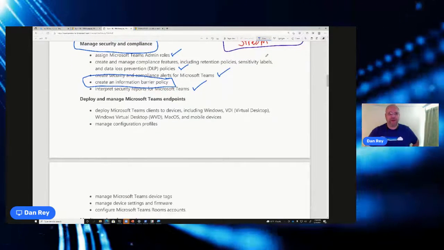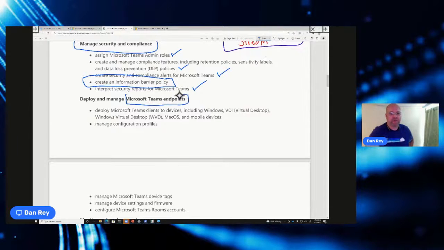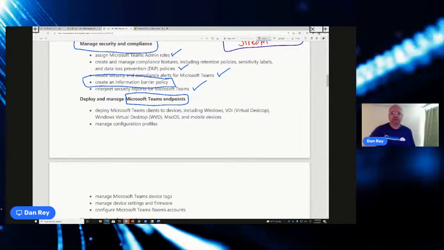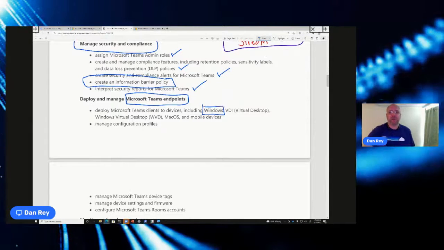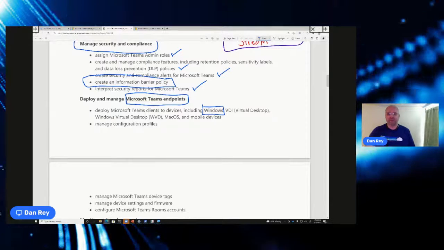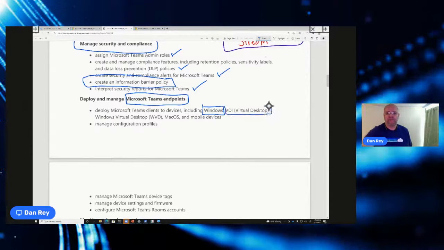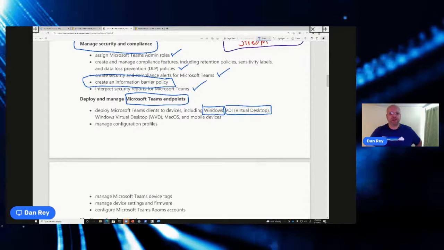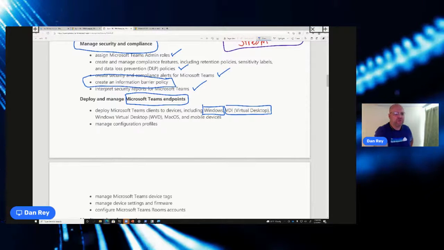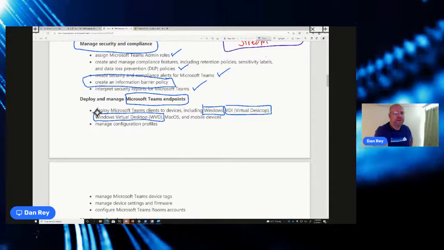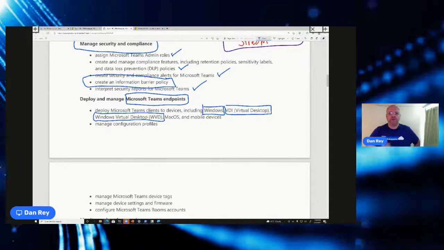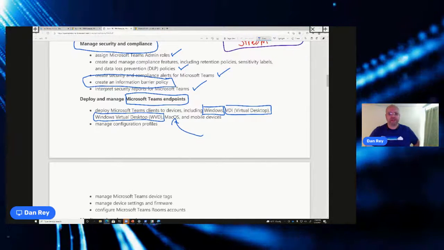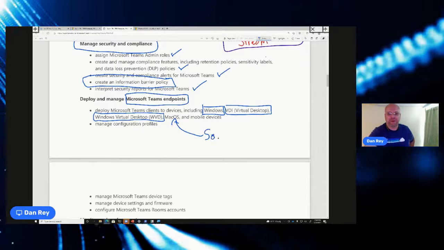Next, you learn about endpoints for Microsoft Teams. And although this sounds like something that might be really easy to understand, we delve into the Windows client and the browsers that are supported. We look at VDI, or virtual desktop infrastructures, and some of the differences or nuances that you might encounter there. Windows Virtual Desktop, WVD, is a Microsoft offering of a virtual desktop. And we look at the Mac OS client specifically, and Safari,